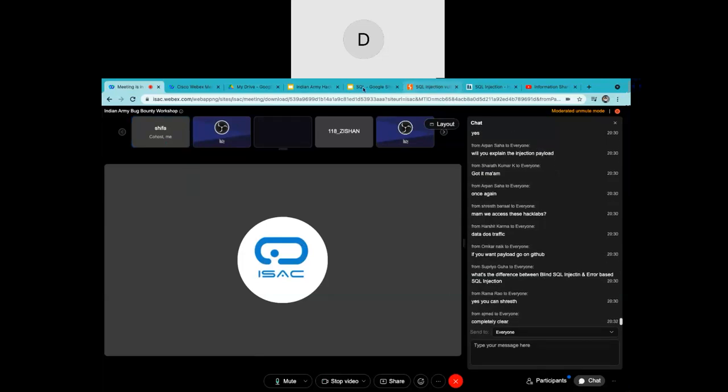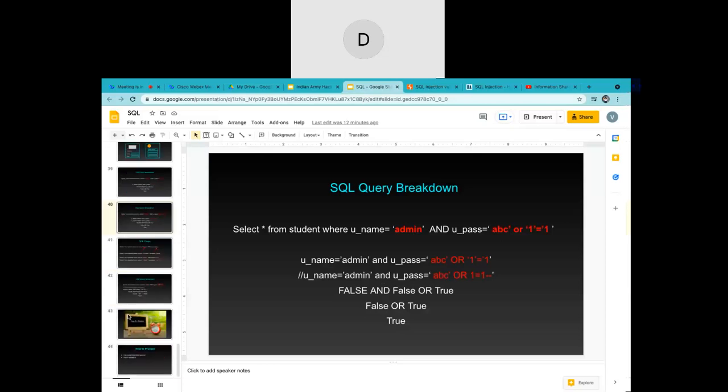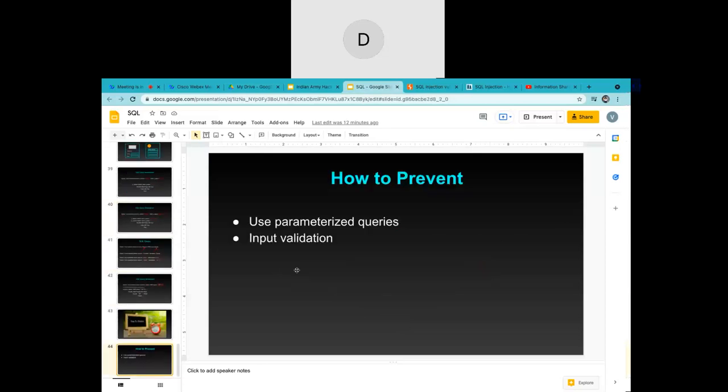Completely clear? That's great. So now, how to prevent SQL injection? The developer uses parameterized queries and some input validations. Some of you told me, or some of the places you would have also noticed, that special characters are not allowed, or they put a limitation on entering special characters. You can only use @ or dollar or something like that. So these are certain techniques which a developer uses to prevent SQL injection. Also using parameterized queries.